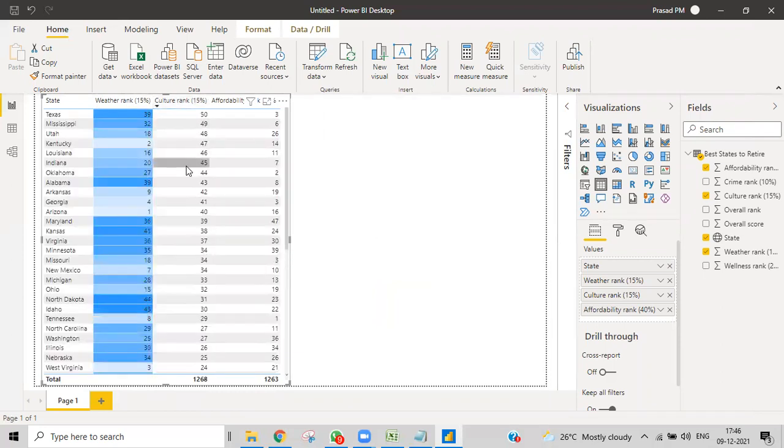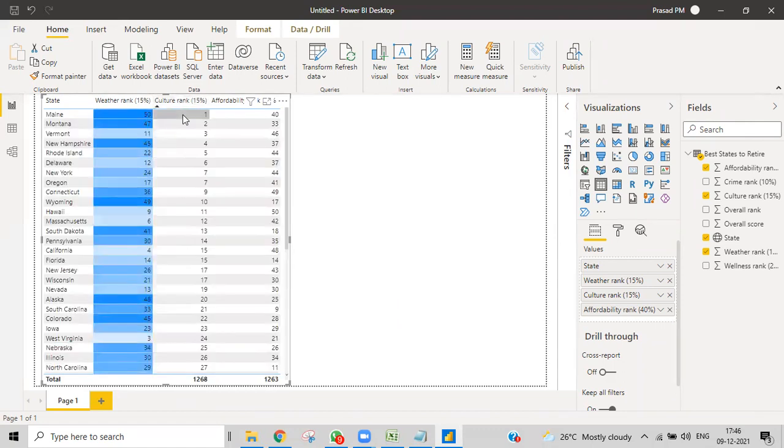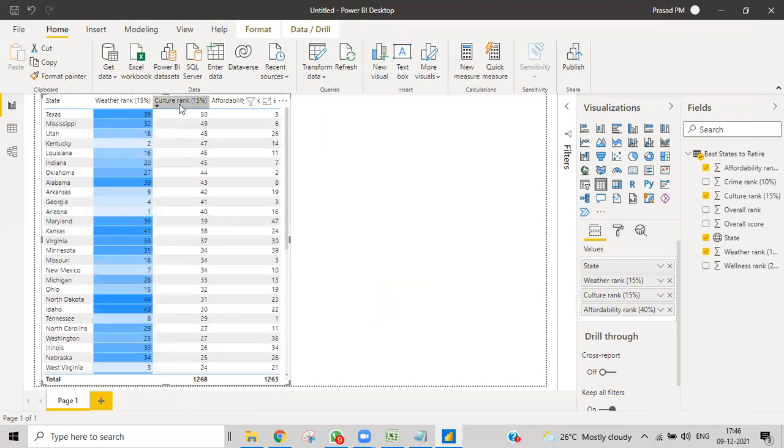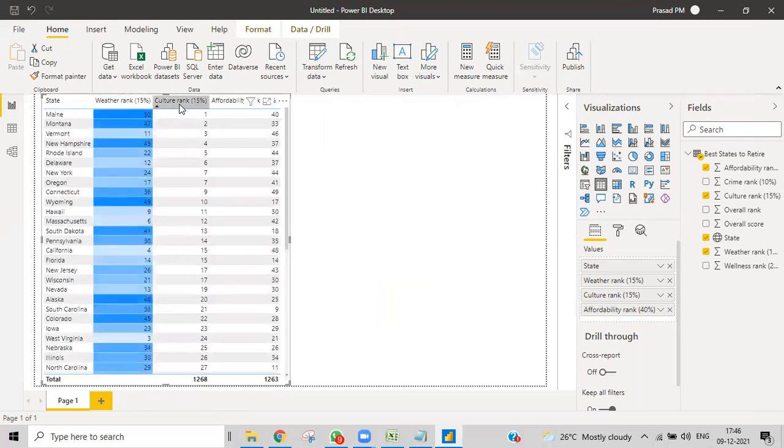Right now I made it ascending order. It goes from 1 onward. When I change this, all other values will be changed according to this one. If you want to make any column ascending or descending, just click on that particular column heading, and that will be changed. All other values change according to the value 1. Obviously, the value of this one is 50, so every time it will show the same thing. Okay, just keep that in mind.